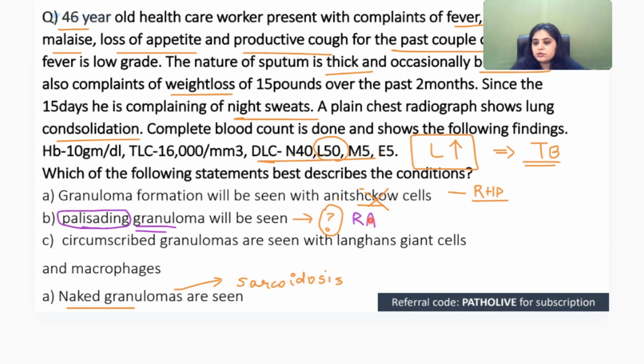Some of you said schwannoma. Schwannoma is a neural disease. Does it show you a granuloma? Not at all. Some of you said brain tumor, that is glioblastoma. Does glioblastoma show you a granuloma? No. We are just not looking at the word palisading. It's a palisading granuloma. So rheumatoid arthritis and even Wegener's granulomatosis. At least use the word granuloma in it, right? Wegener's granulomatosis can also show you the presence of a palisading granuloma, which was not the case over here.